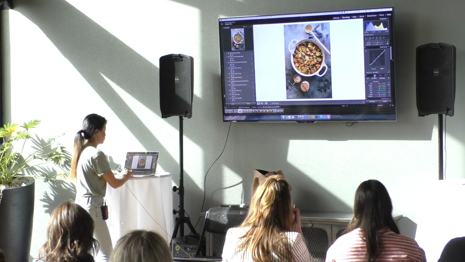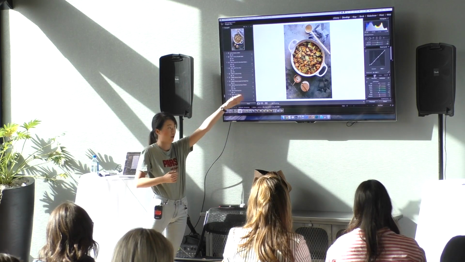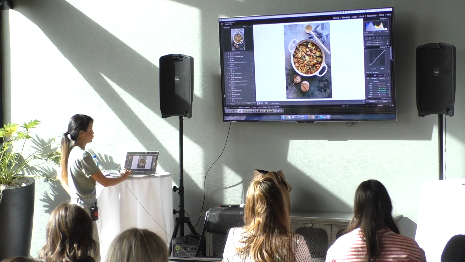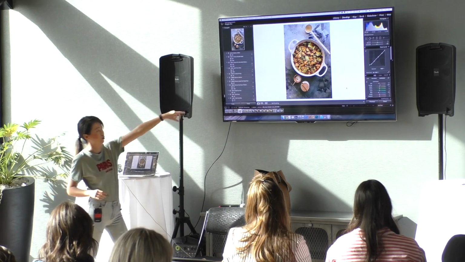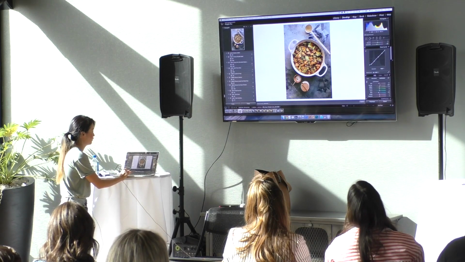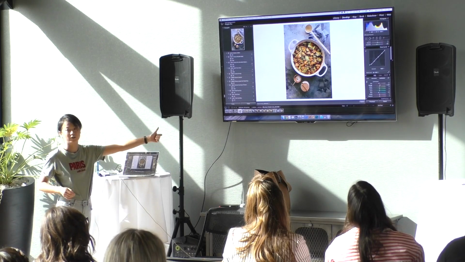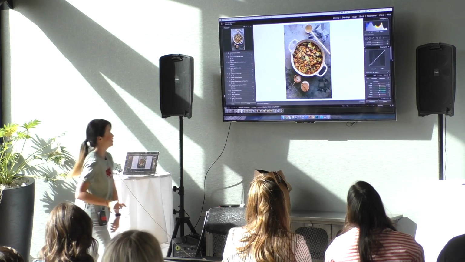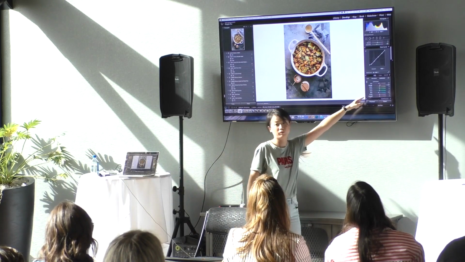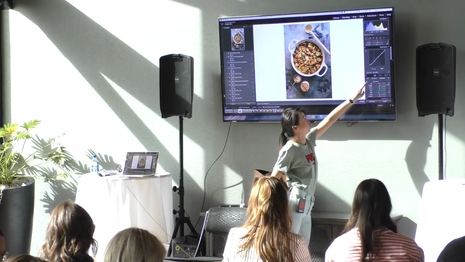So here, what you're going to do is go to the HSL panel, that controls and shows all the colors inside of the picture. Sometimes you cannot tell which color it is. You can click on this tiny circle here and place it over the photo. It shows exactly what color it is. So you can see I'm placing this over the broccoli. It tells me this is yellow. This is not red. What tone is it?